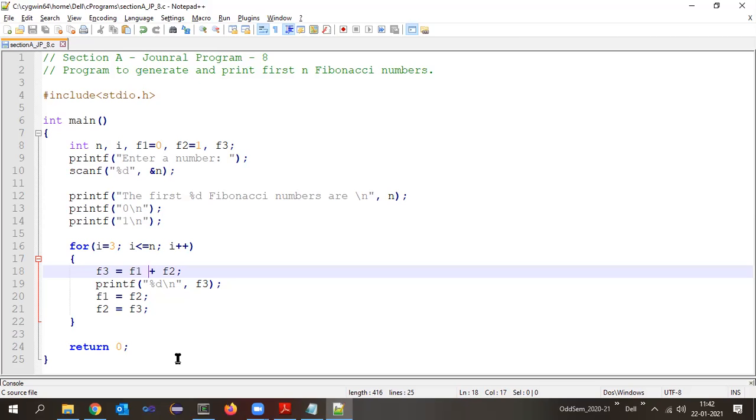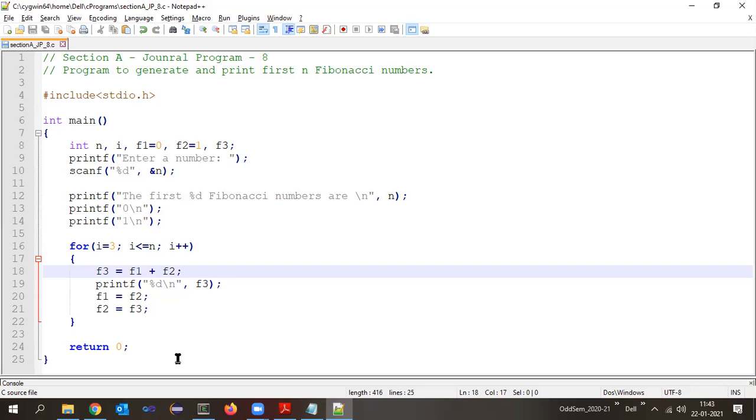Then we have the looping statements. Now for the looping statements, draw the table properly. First, I equal to 3. Write the table like I equal to 3. Then next is what? Conditions. I less than or equal to n. Then you have to understand the flow of execution.